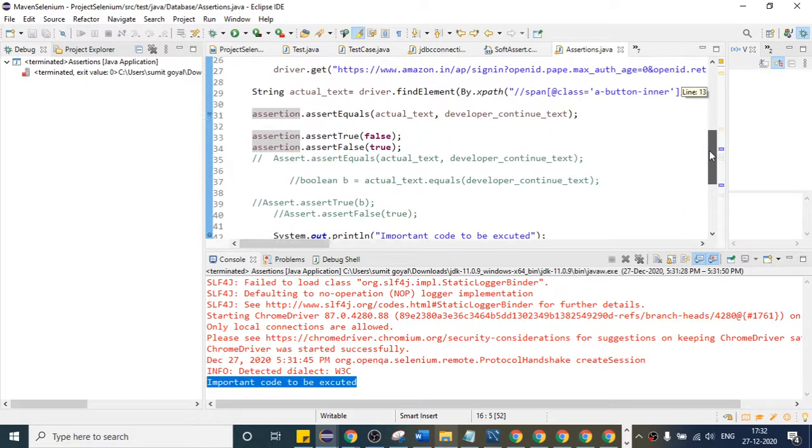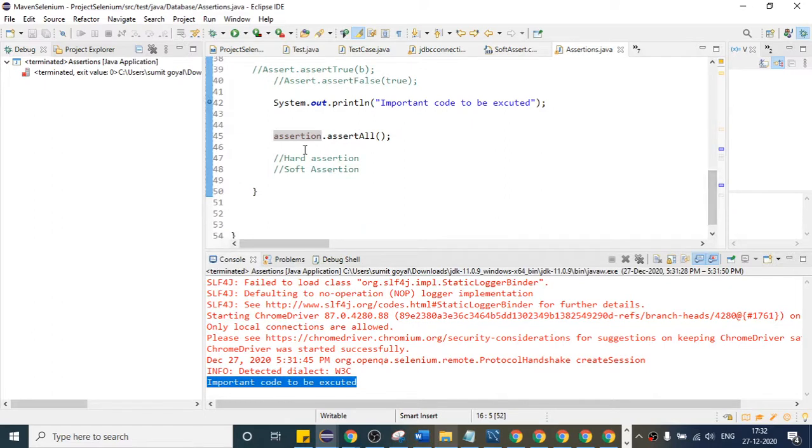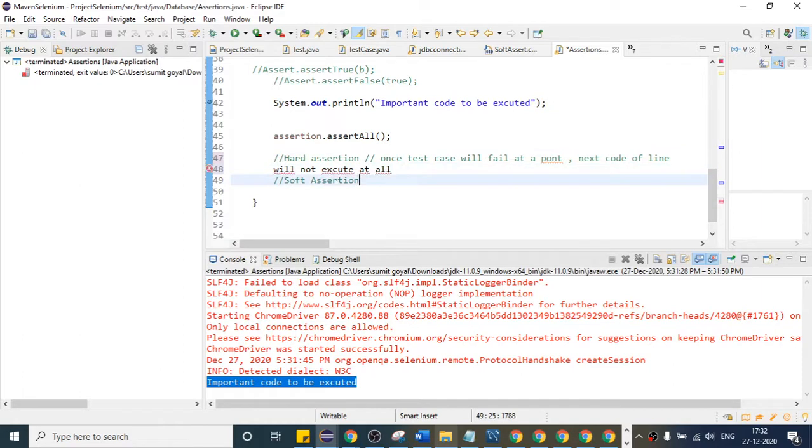Two kinds of assertions are there. One is hard assertion. Once you use hard assertion, if the test case fails at a point, suppose it is failed somewhere, right, the next line of code will not execute at all, right? But if I talk about soft assertion,